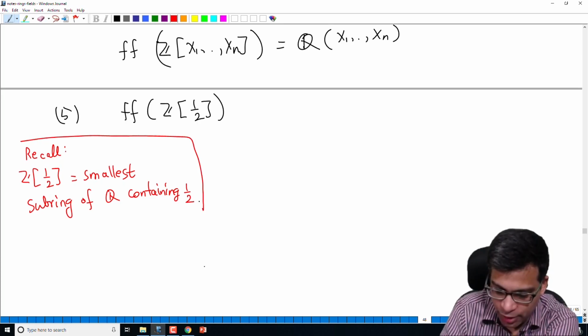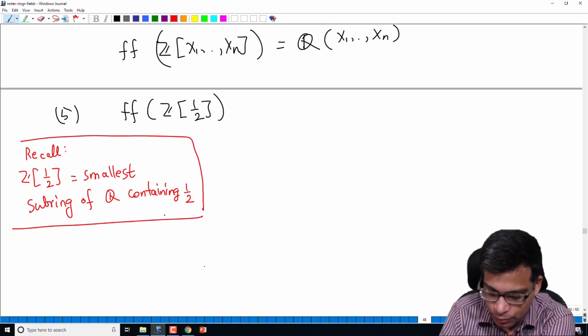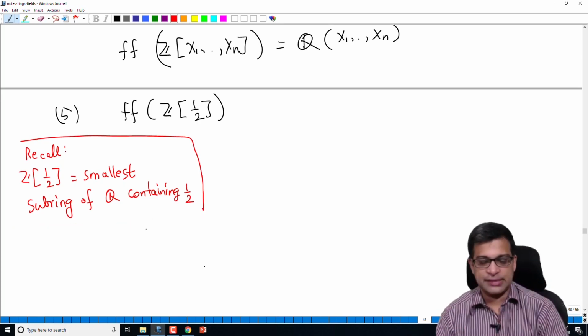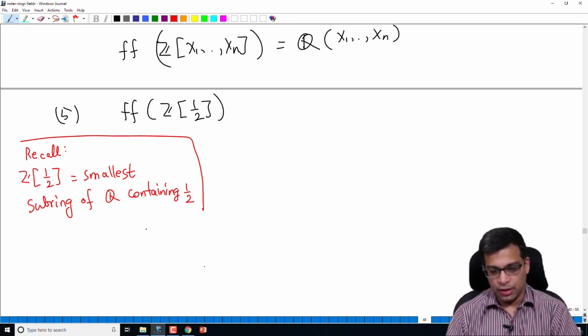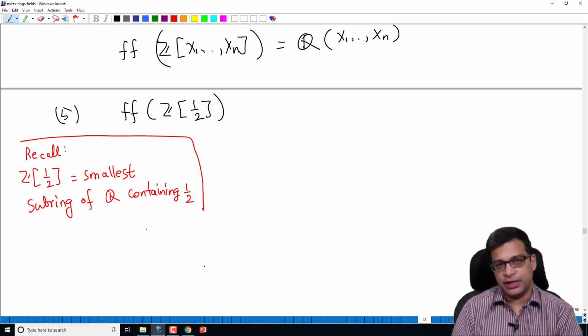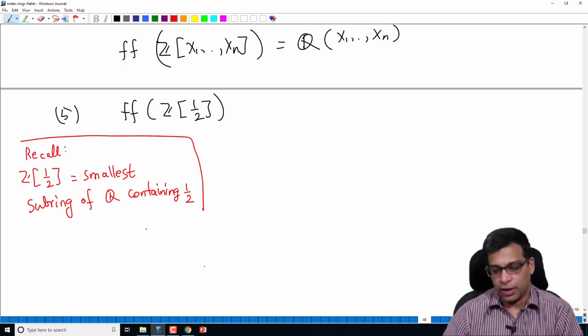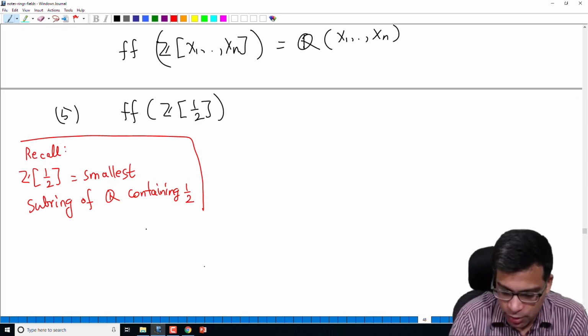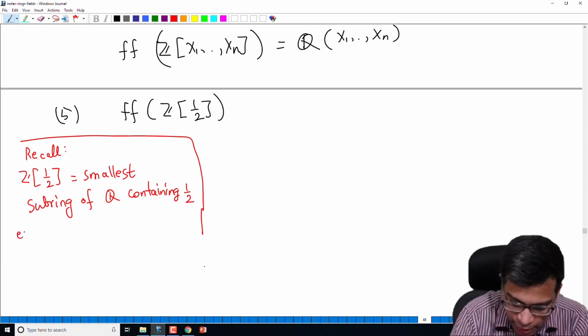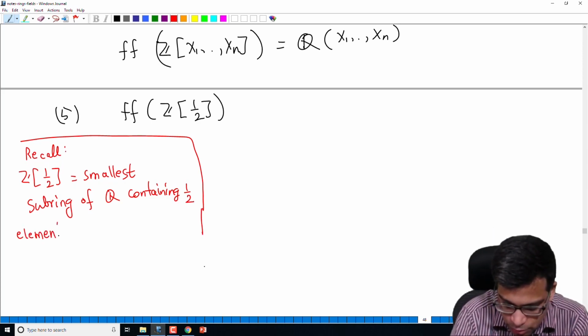Any subring of Q contains Z, because a subring of Q is by definition a ring, so it contains 1. Once it contains 1, it contains every integer n. So every subring of Q contains Z, but it need not contain 1/2. If it contains 1/2, we look at all subrings that contain 1/2 and look at the smallest one. And explicitly, elements of this ring look like,